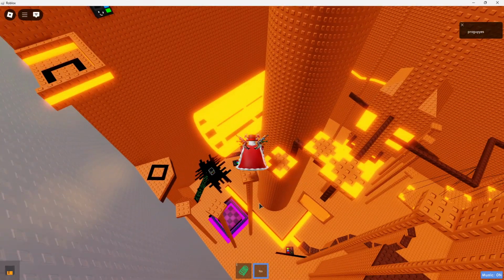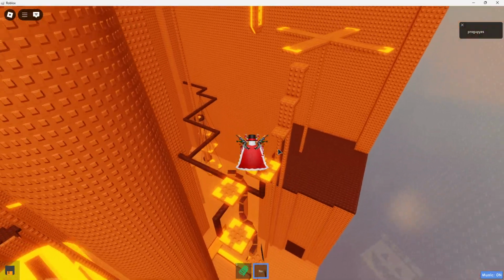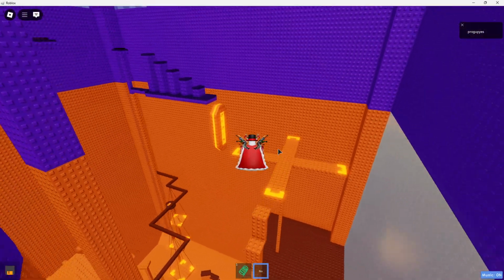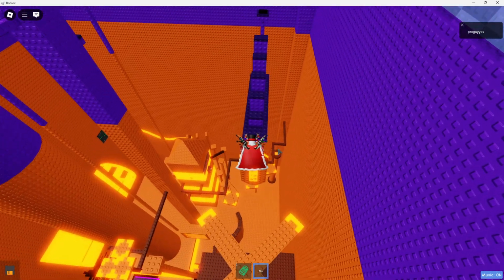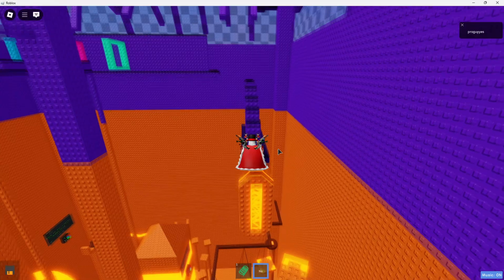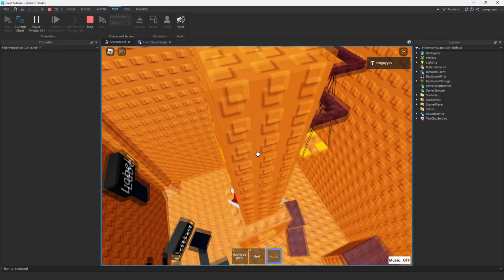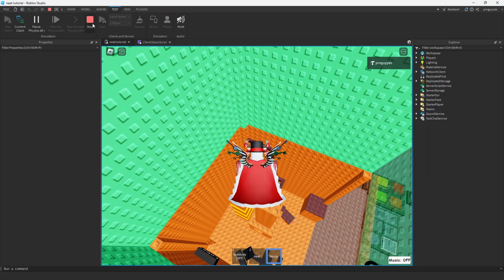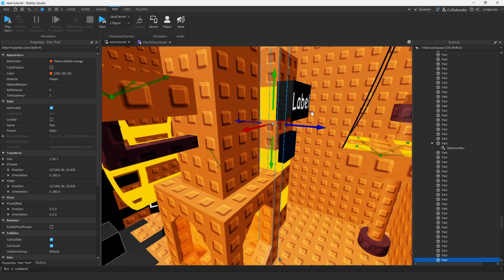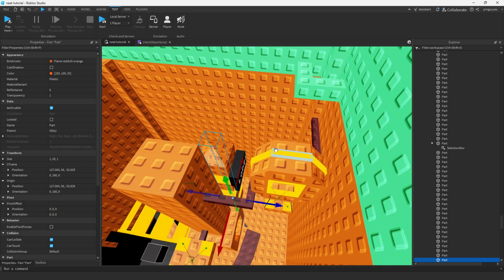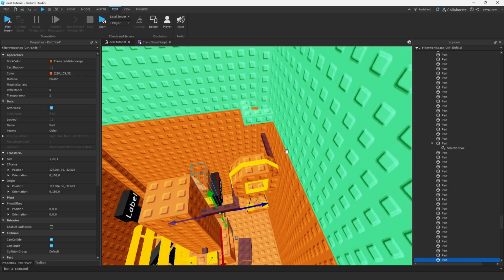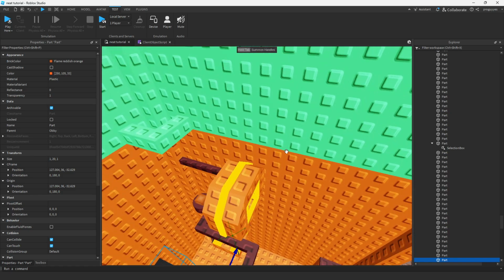Basically just remove these jumps. I did one of these since they are a pretty important part of the floor, and I added the final truss jump over here. Now what most beginners would do is a big mistake over here. What they normally do is add a teleporter at the end of a floor,